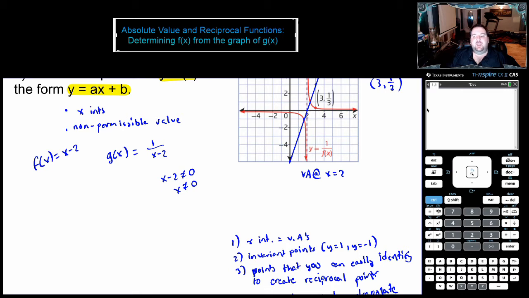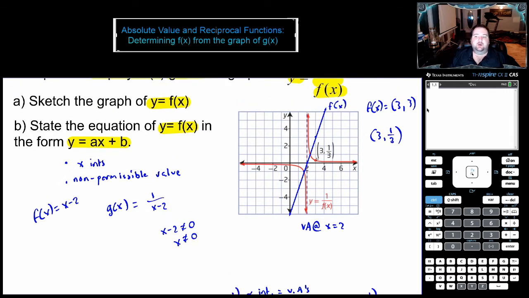And those are to create reciprocal points. So for example, there's nothing easier to identify than something that's given to you. This is 3, 1/3, which means the reciprocal of that would be 3, and the reciprocal of 1/3 is 3. Now, likewise, another thing that would be easy to identify is if you had a point that was exactly on